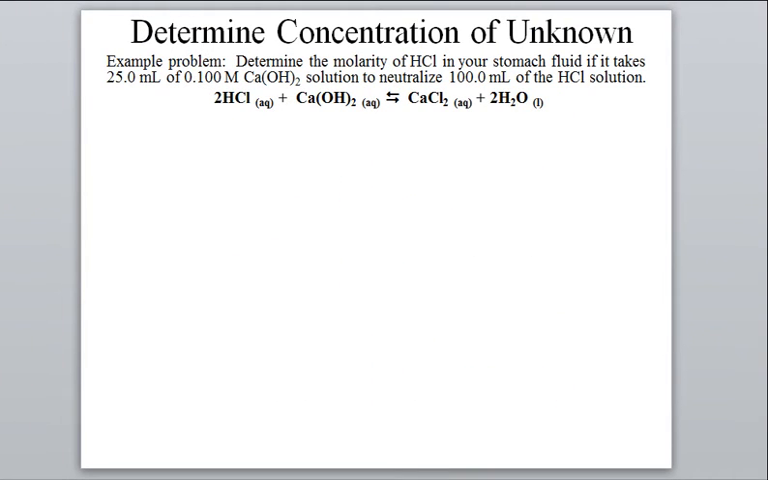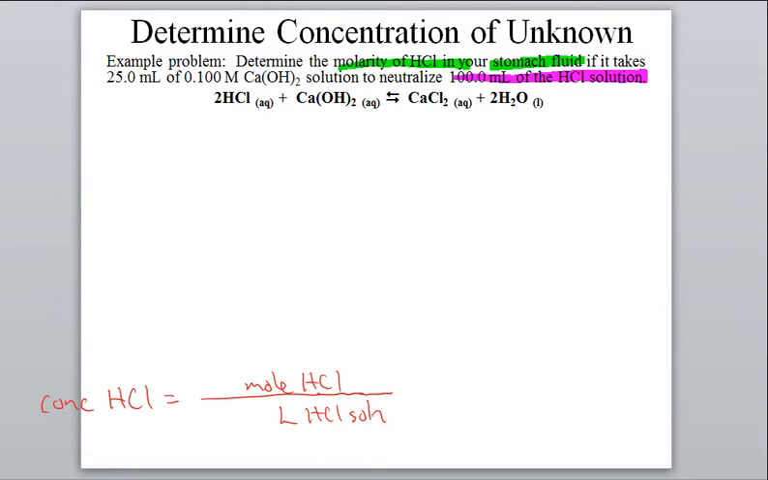In this next example problem, somehow we were able to gather some stomach fluid, and we want to figure out what's the concentration of the stomach acid. The acid that's in the stomach is hydrochloric acid. In this test, we're going to test 100 milliliters of the stomach acid. So, to find out the concentration, if we have precisely 100 milliliters of the solution, for the concentration, we have